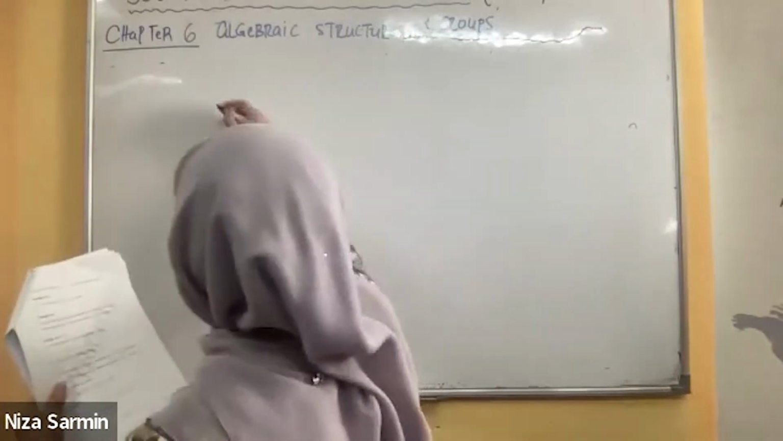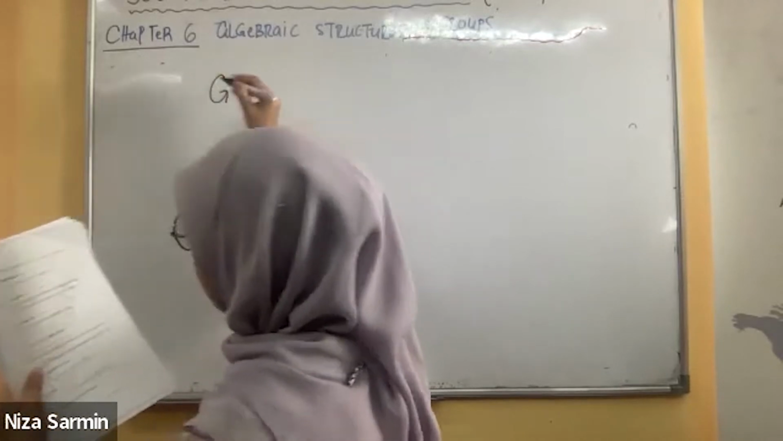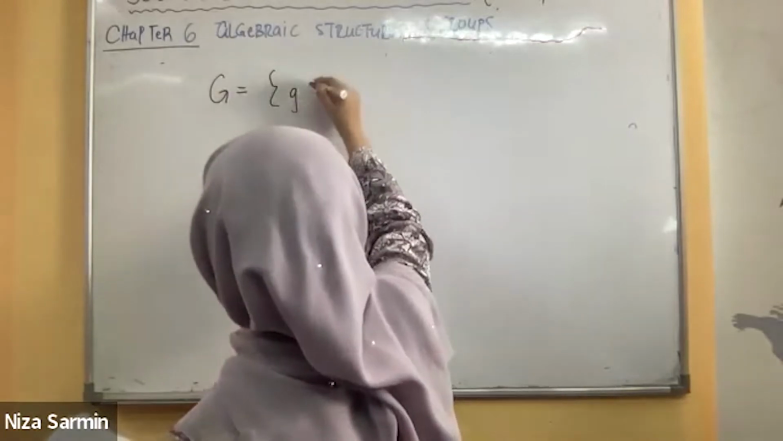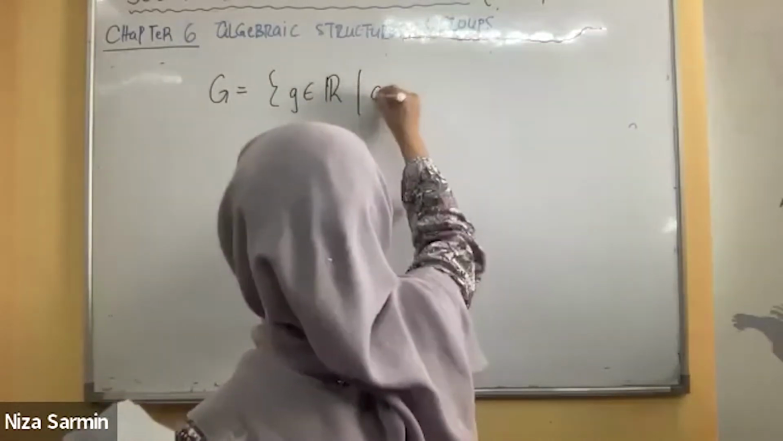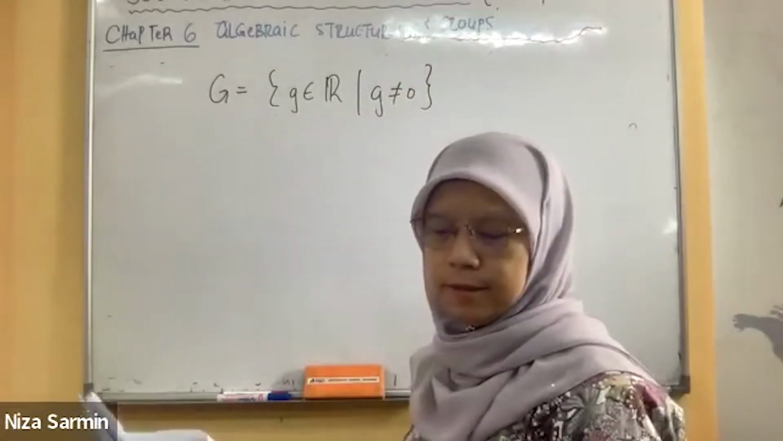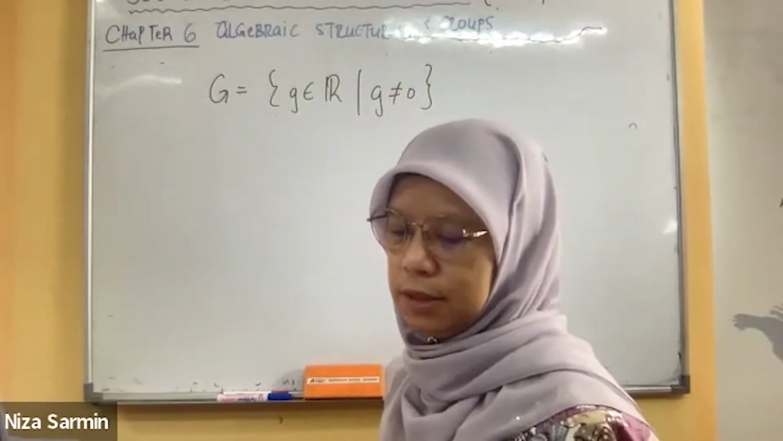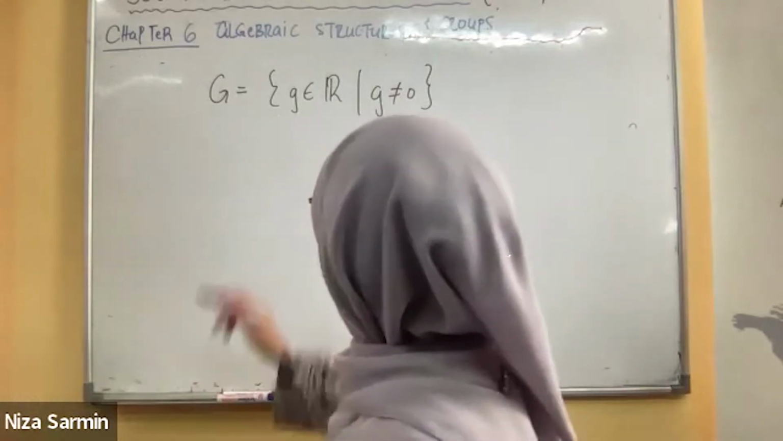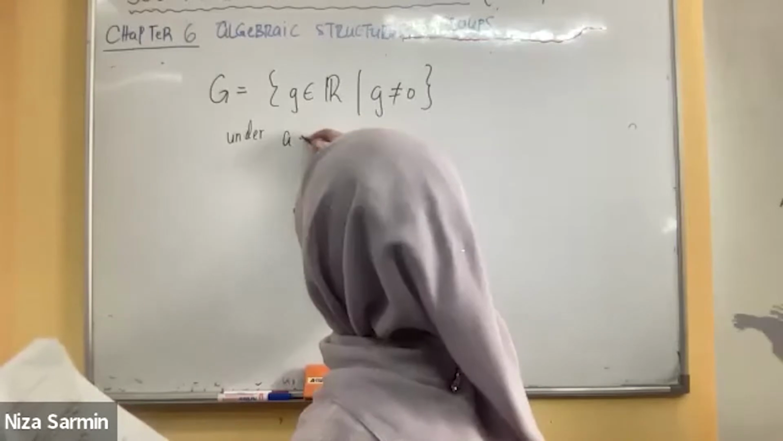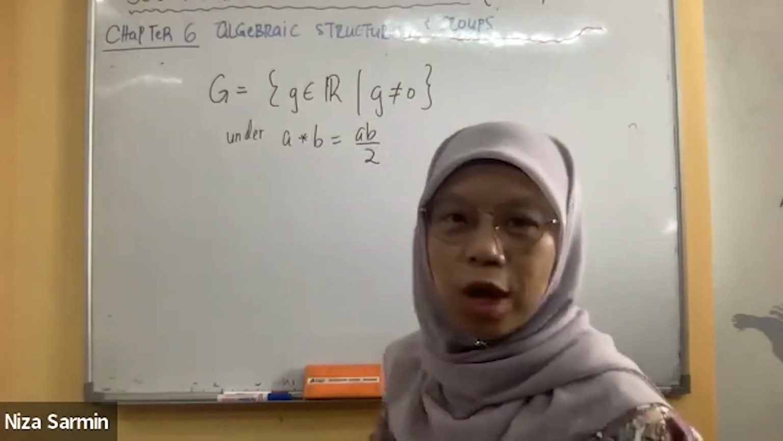We have G. G is the set of all non-zero real numbers, G in R, G is not zero, the set of all non-zero real numbers under this multiplication. Why